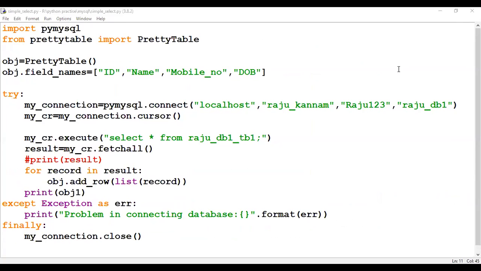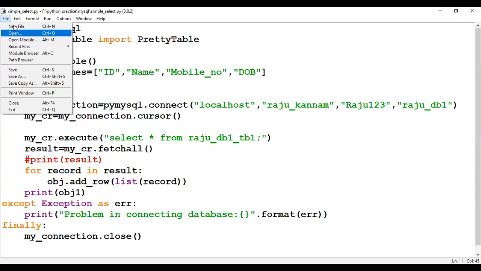Right. Now today what we will do: yesterday we worked with an already existing database and fetched the records from an existing table. Now I want to create my own database, my own table, and my own records in that table. How to do that? I will create my database from a Python program. Once the database is created, I will create the table in that database. Once the table is created, I will insert the records in that table. That is my job now.